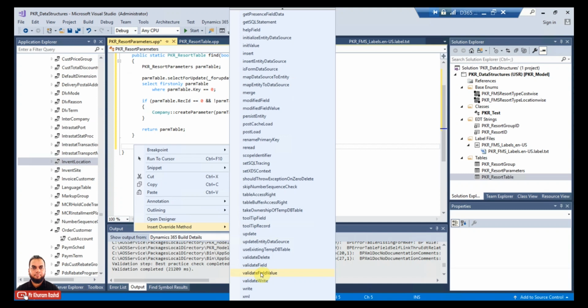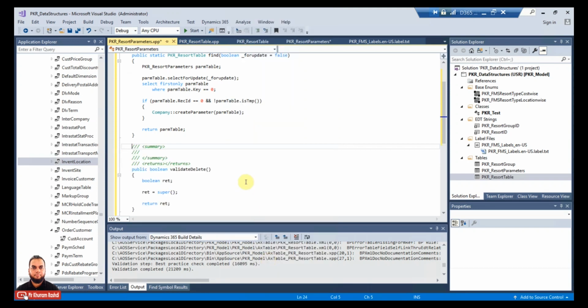And then there is a validate write when the whole record buffer is written to the database. So definitely at that time, the validation will be fired when the whole record is put, and when there is a field set or field value set. So basically here what we can do is